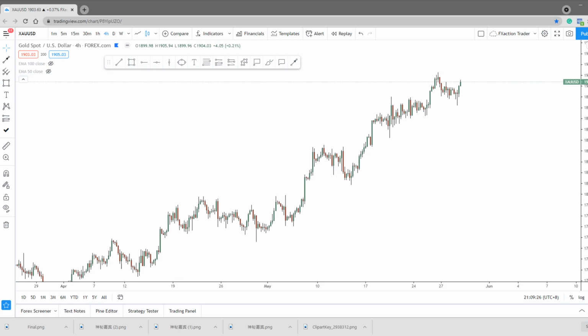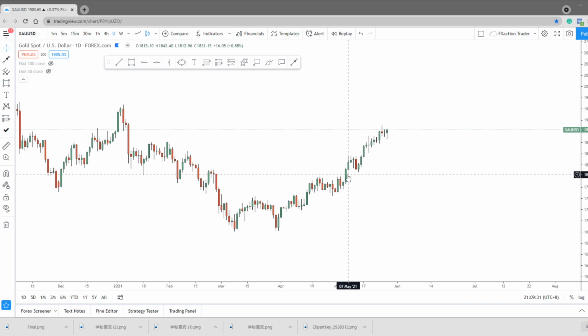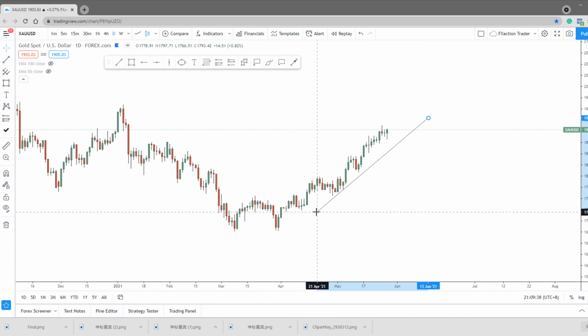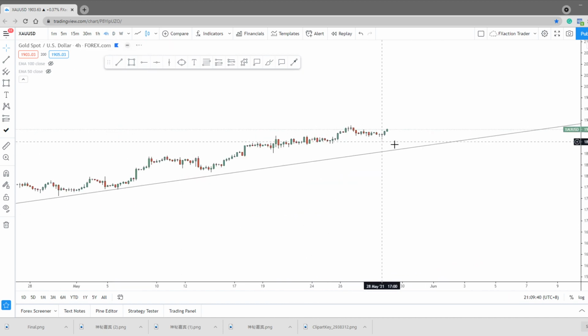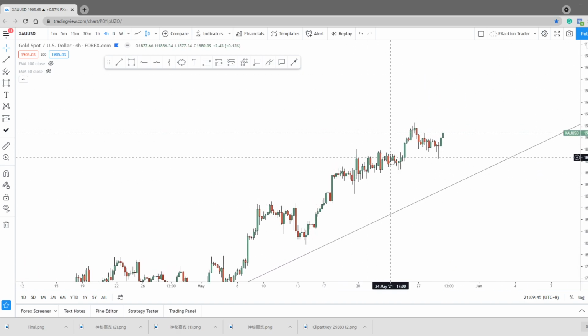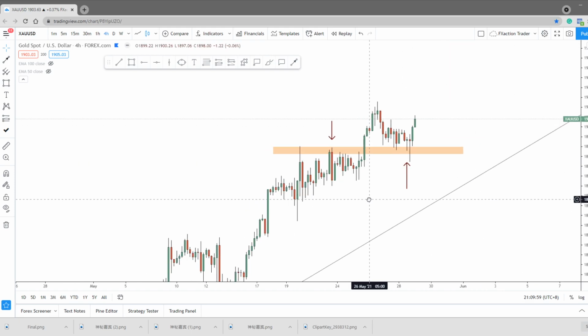Let us have a look at the gold. On the gold daily chart, there's no denying that it is still in a very obvious and very strong uptrend. On H4, what we can see is that the market has been in a sideways condition, broke out of the entire sideways, broke out of the sideways resistance, pulled back and retested this support level again. So guys, this is a very typical